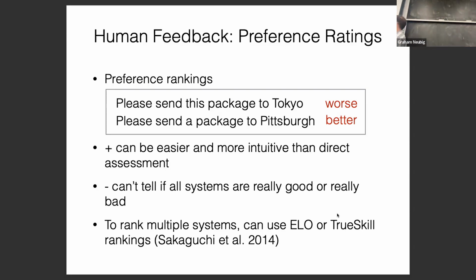Another problem with ranking is you can't get a pairwise ranking of more than 3 or 4 systems without humans getting really overwhelmed and taking forever to do any rankings. So one common practice here is to do pairwise rankings, and after you've done the pairwise rankings, you use an algorithm that turns pairwise rankings into overall scores. There's a couple algorithms to do that, ELO and TrueSkill. These were traditionally used for sports or video games or chess or other competitive things like that, where you have people play each other a lot and then get an overall score.